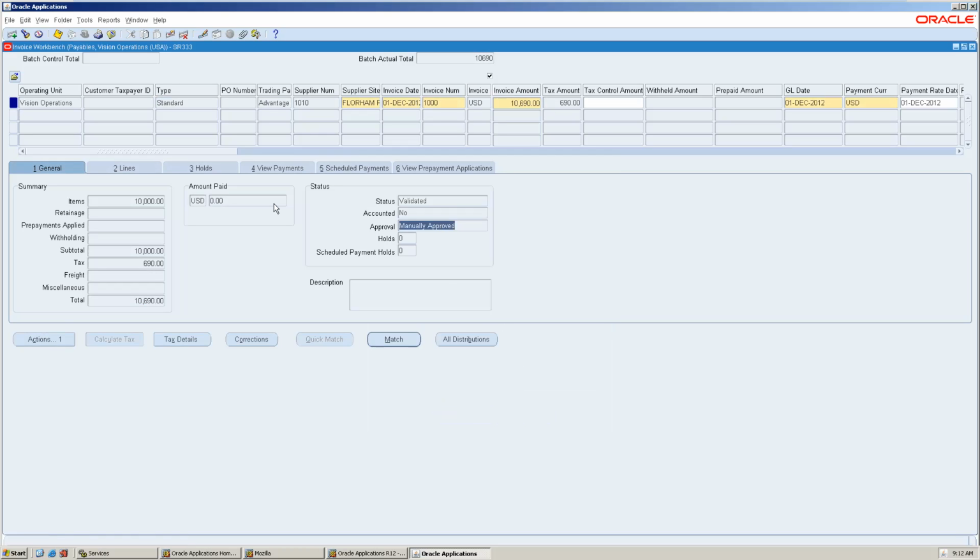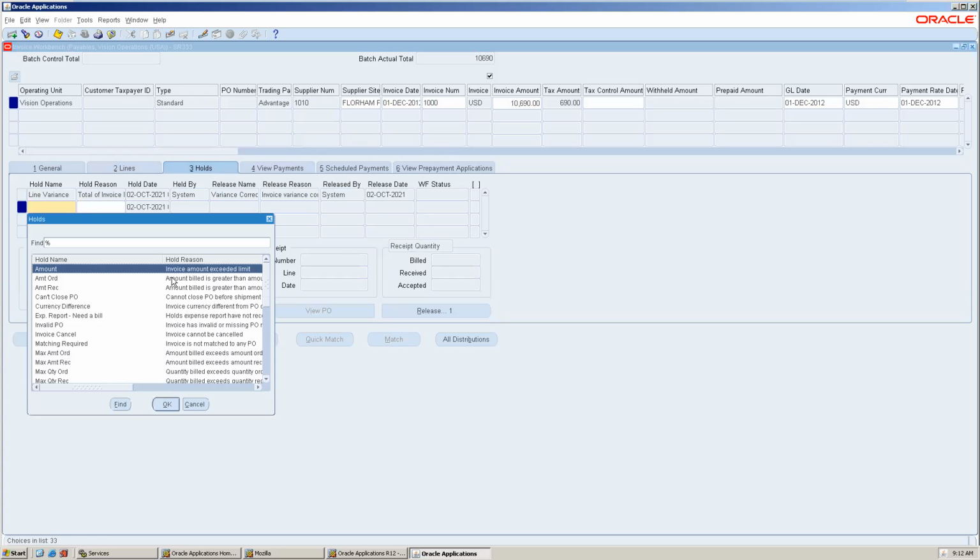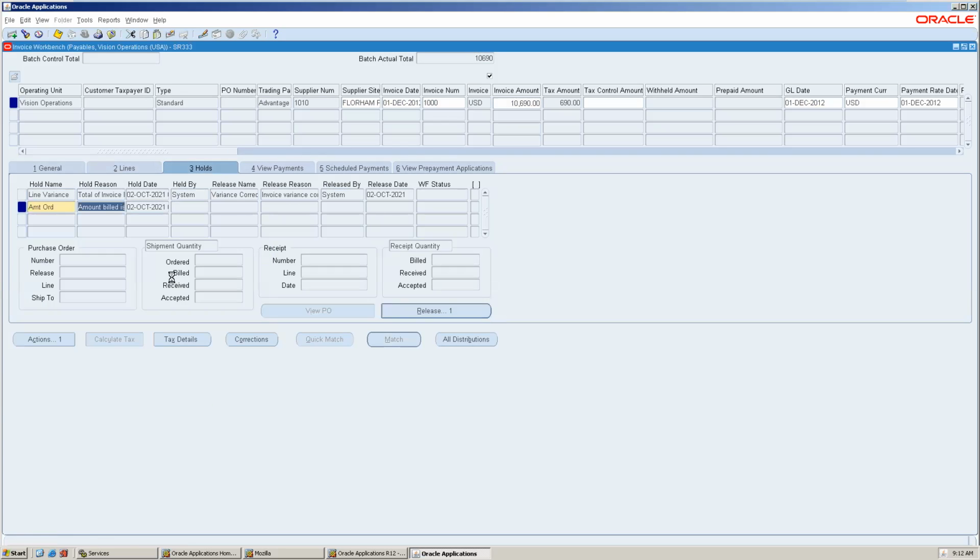Okay, right. And hold, whatever the issue, it will catch it. It will not allow. There are 2 types of hold: the system hold and the manual hold. System means this error, some fields are not filled, that is all system error. What is manual hold? Your manager says this supplier should not be paid, he delivered only bad goods, we have to estimate and then reduce and pay, just hold it. You can put a manual hold. You can select a hold, amount billed is greater than amount, like that, whatever you want, just save it.